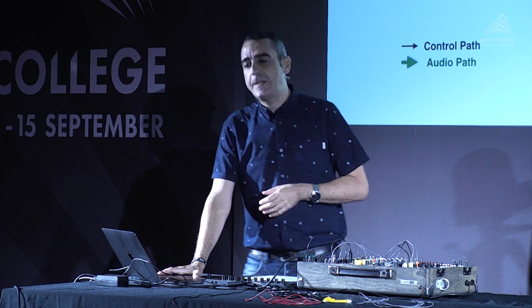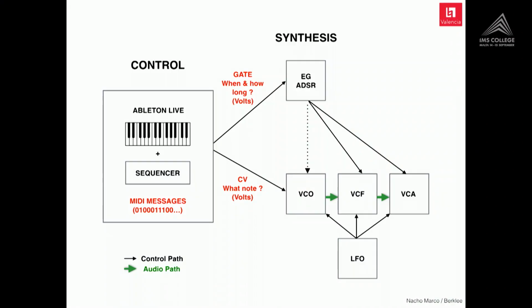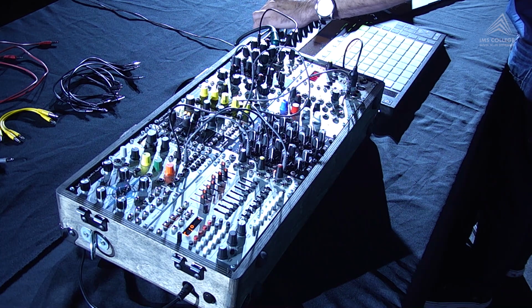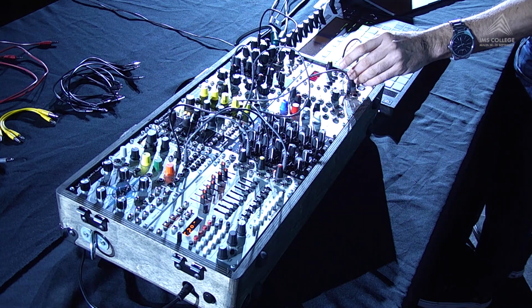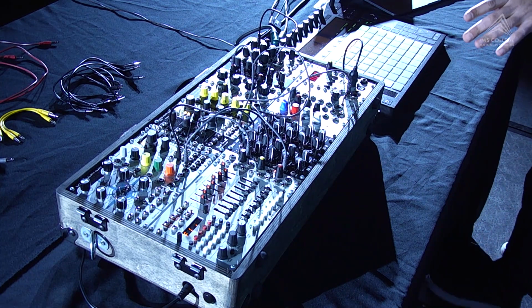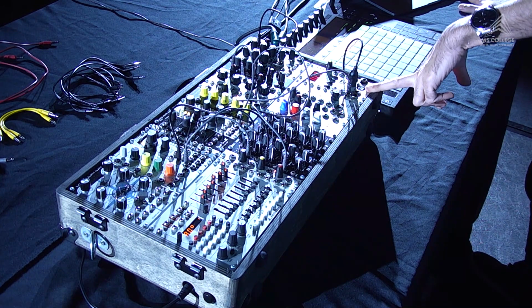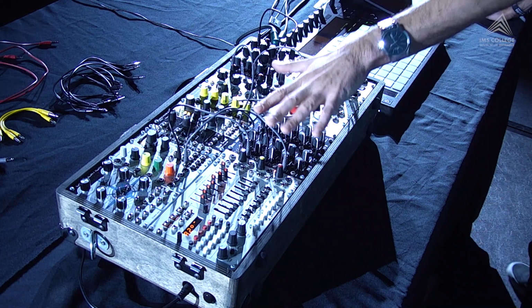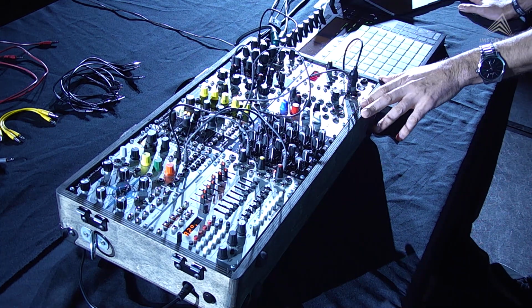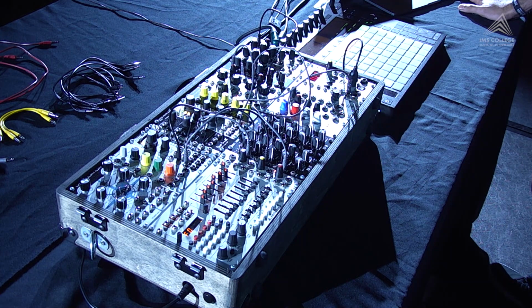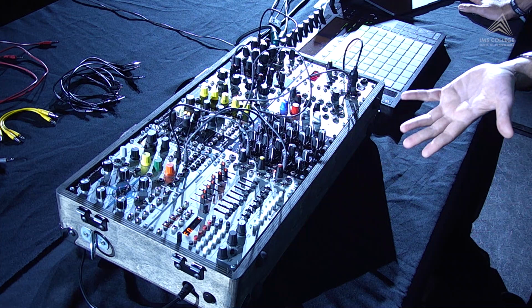This is the basic scheme of the system that we are going to be using today. To control the system, we have Ableton Push. Ableton Live is controlled by Ableton Push, and we're sending MIDI directly from the computer to the system. We have a module that is converting all the zeros and ones that my laptop is generating into electricity. What we control here is 100% electricity. So think about this: what we are shaping in these systems is electricity.